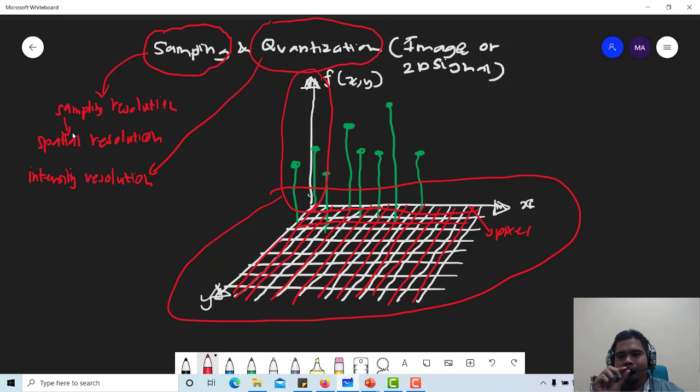the smaller and more fine pixels you have, meaning that one image is produced by very small pixels, or very small boxes. That is referred to as spatial resolution. You must differentiate between spatial resolution and intensity resolution, because intensity resolution will determine how many levels you can have in your f layer or in your vertical